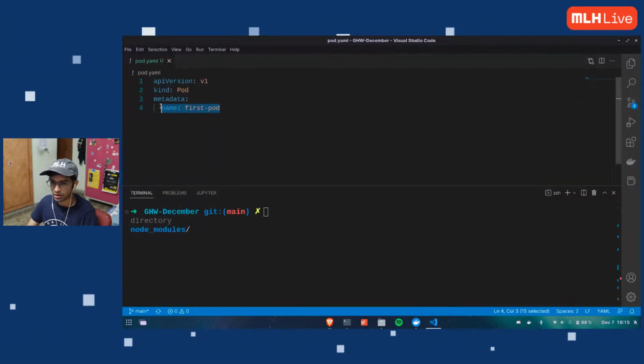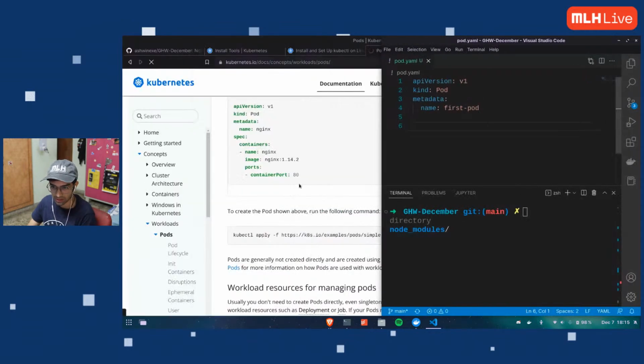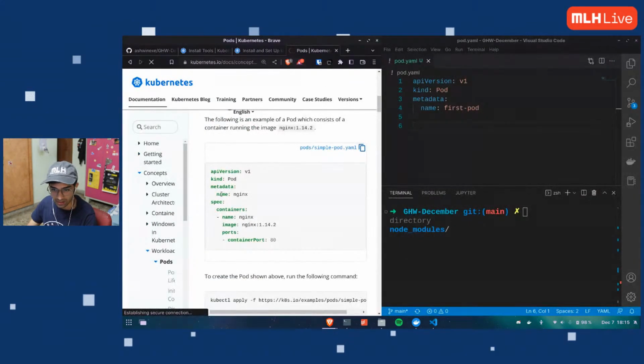Awesome. So I called it my first pod. What's next? Let me just split screen it. That's easy. Next we have specification, specs. That's what I like to call it. What is spec?